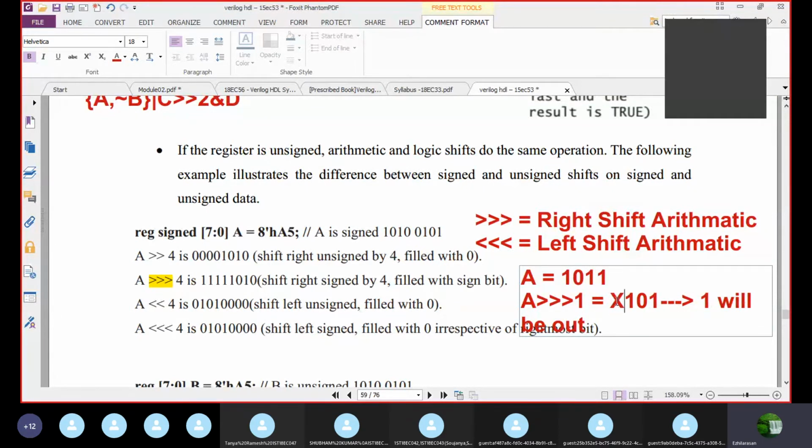That number will be filled here. So the result is 1101. See, it is filled with the next position. This number only will fill this vacant place. If it is 0, it is filled with 0. If it is 1, then it will be filled with 1.